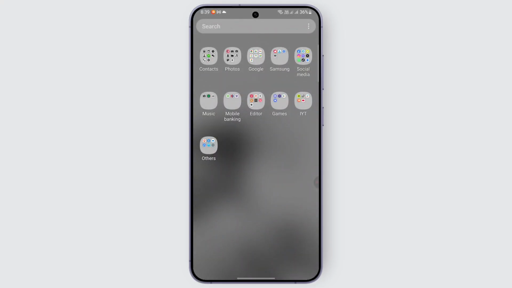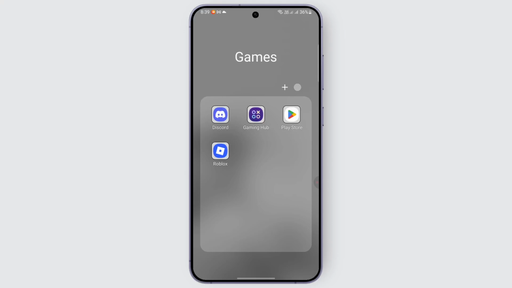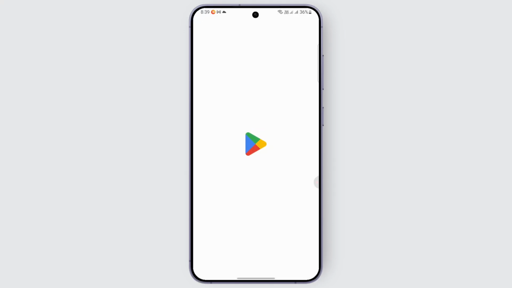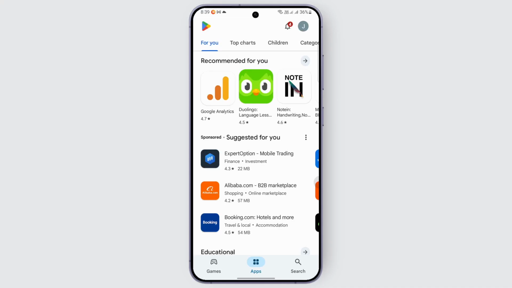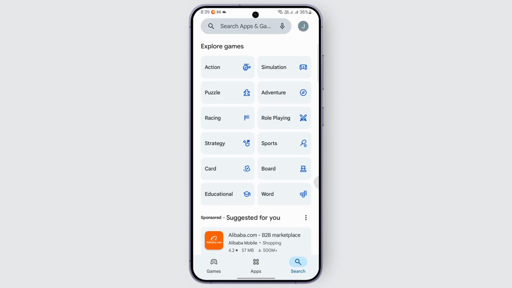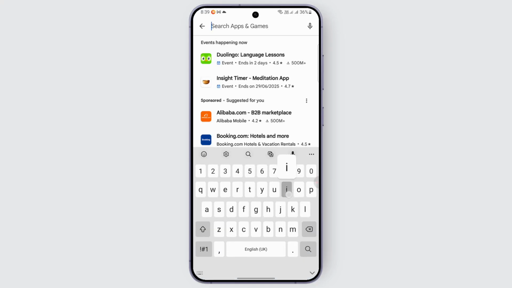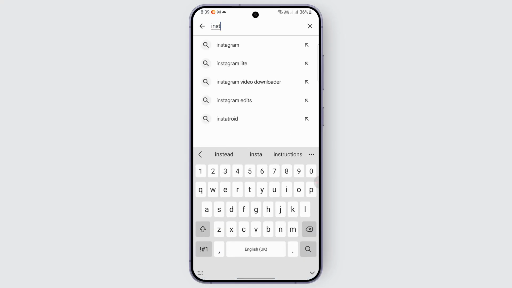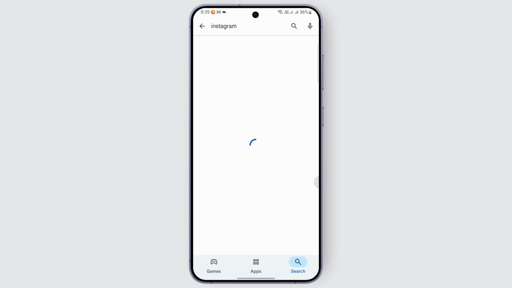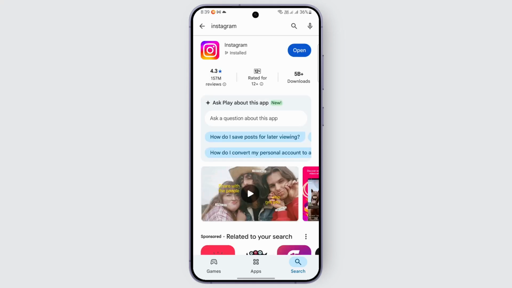or you can head over to the Google Play Store if you're on Android, or the App Store. In the Play Store, for example, head over to search and search for updates. Look out for Instagram here. Type in Instagram and then update your app to the latest version, because older versions may have bugs that may have affected the